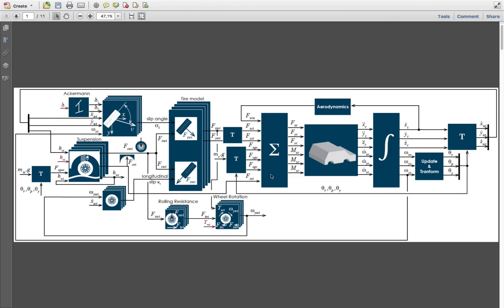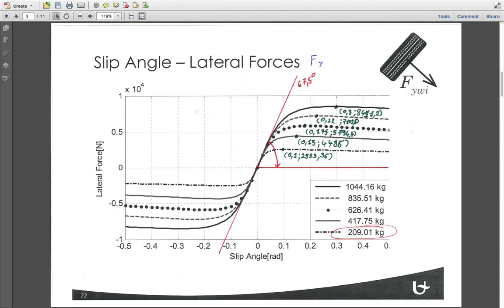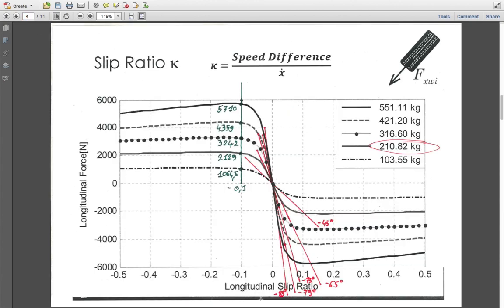Alright, so with the things we've seen last lesson, we should be able to implement the full tire model in our Matlab Simulink model. Therefore, we had some data available, being this data: the relationship between the slip angle and the lateral force, and the relationship between the longitudinal slip ratio and the longitudinal force. To model these kinds of curves, we had the formula